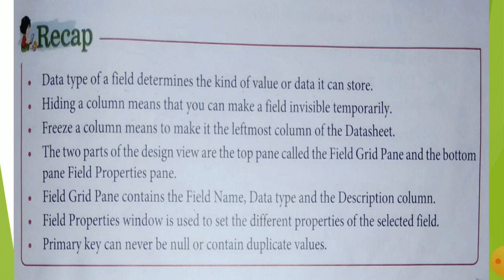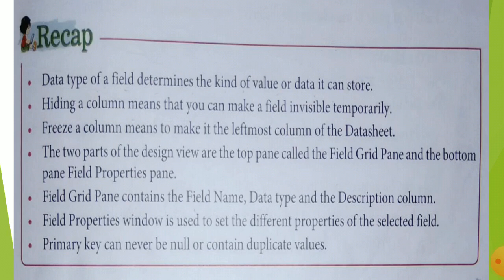Now we will discuss the primary key. As you know, students, the primary key is very important. One thing more I want to tell you: a primary key is a special column in a table which can uniquely identify all the records in a table. The primary key field can never be empty and will always contain a unique value. It will never be null and always contains a unique value. Unique value means a value you can't repeat.